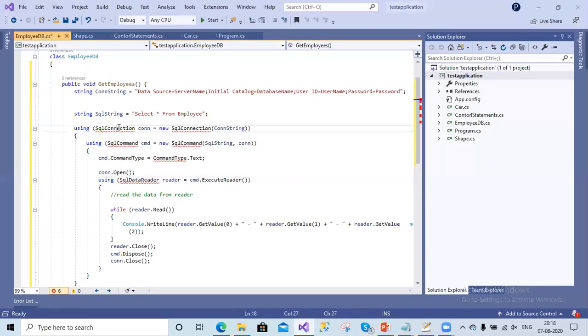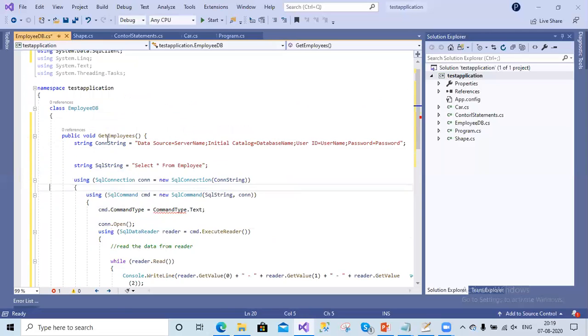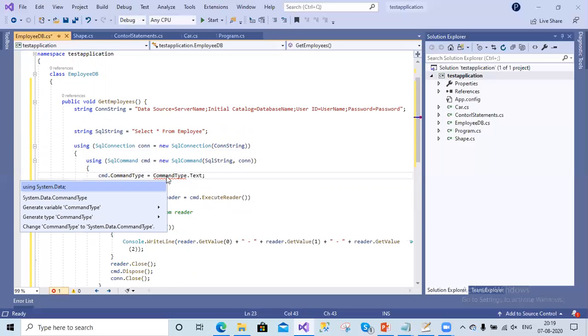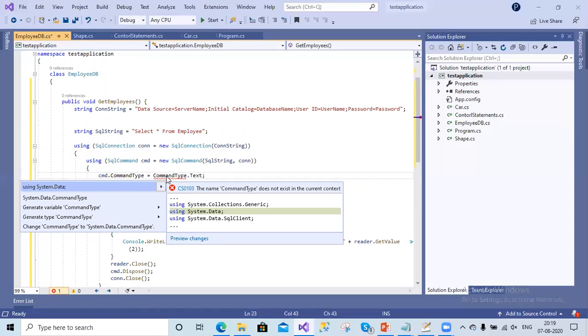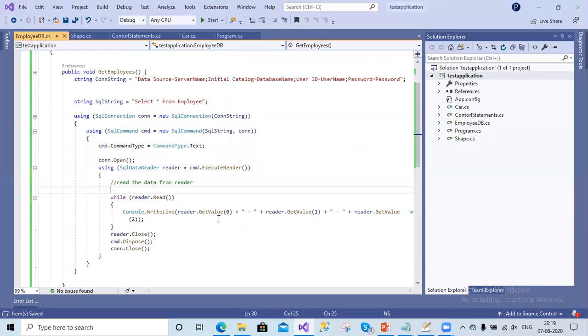Let's copy and paste inside this one. So we have some errors here. If you are missing any packages, we can just use Control dot together, then it will show what the missing package is. We're missing the using statement System.Data.SqlClient. If I click on this one, it will add that inside. Now it is missing CommandType, which is from System.Data. So we enter that, and it will add that also. Yeah, cool. So let me clean up this one. We don't need these things.